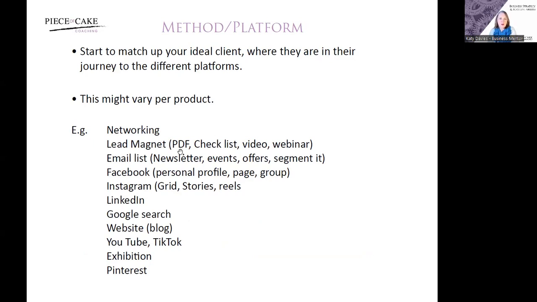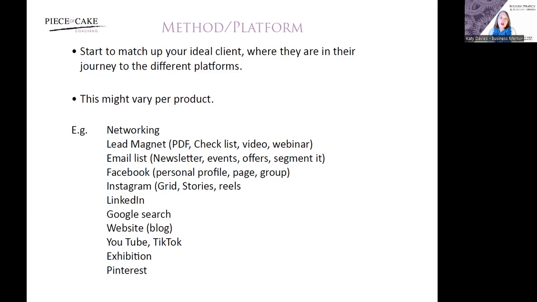And it's just a couple of little bits here, but it might be you go out networking. It might be that there's some kind of lead magnet if they're at the beginning of the journey: PDF checklist, video, webinar. You can have an email list, signing up, newsletters, offers, events. Segment your email list to where they are on their journey, so that they don't just get all the emails for all the things that aren't